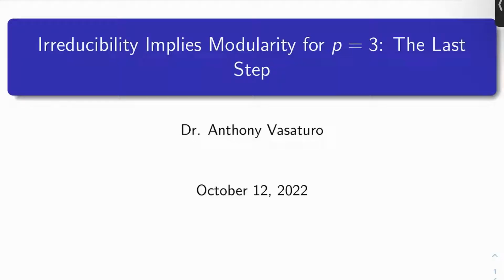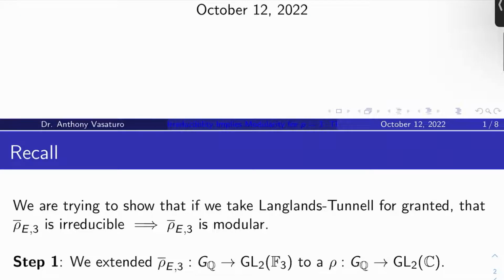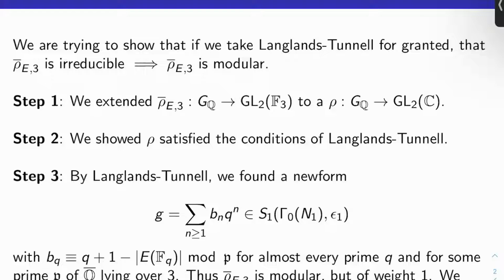Today's video is the conclusion of our discussion on how the irreducibility of rho bar E3 for an elliptic curve E over Q implies the modularity of rho bar E3. So we covered the first three steps last time. Let's recall. We were trying to show that if we take Langlands-Tunnell for granted, rho bar E3's irreducibility implies